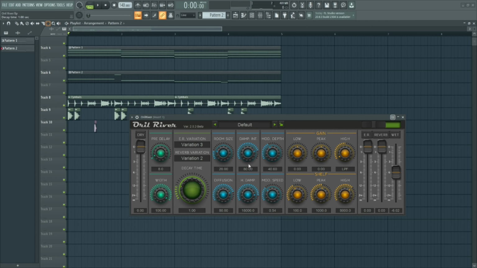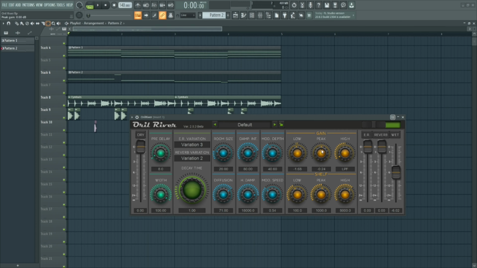There is high damp and damp of the pre-delay, so you get two damp options. There's this diffusion and the modulation. The modulation is really special in this one because it sounds really good. And then you have like two options for boosting and cutting some frequencies. So here you have shelf filters, so they are basically EQ filters, and here the sound is divided into three bands, and you can just adjust the gain of the entire band except for this one. This is just a low pass filter, so you can adjust the low and the peak.